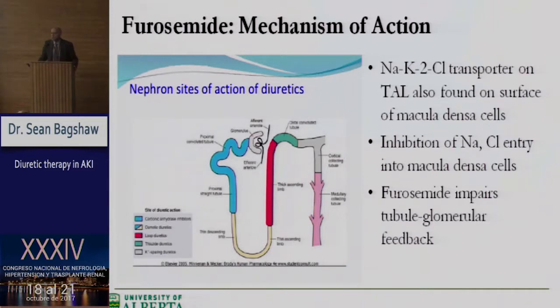As you know, the mechanism of action of furosemide, the most common diuretic that we're going to use in clinical practice in the setting of acute kidney injury, has this mechanism of action at the thick ascending loop of Henle, where it inhibits the sodium-potassium-chloride pump. It's important to note as well, though, that this transporter is also on the surface of macula densa cells, where it can inhibit further salt and chloride entry into the macula densa, and actually translates into impairing tubuloglomerular